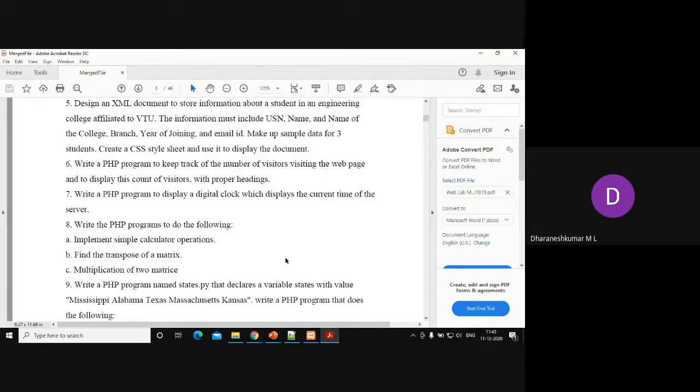Good morning, students. Today we will be discussing the fifth lab program in WTL lab. The problem statement says: design an XML document. So this is the problem statement: design an XML document to store information about a student in an engineering college